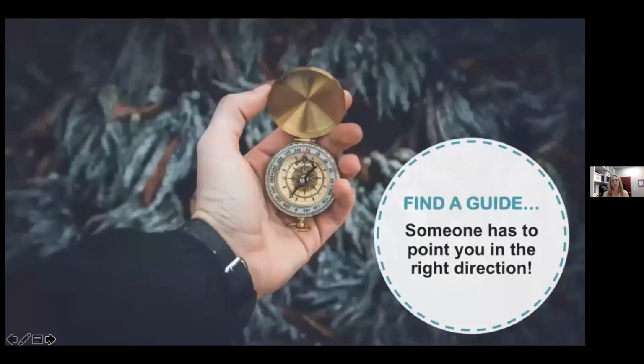As we look at how to find a guide, someone who has expert knowledge of the market, who's caring and committed, that's myself and other colleagues that work with me at Charlotte Home Experts. We're here to help you step by step to make sure you're making the wisest decision, the most practical decision, and the best decision for you and those around you. Whether it's buying or selling or figuring out how to handle both,